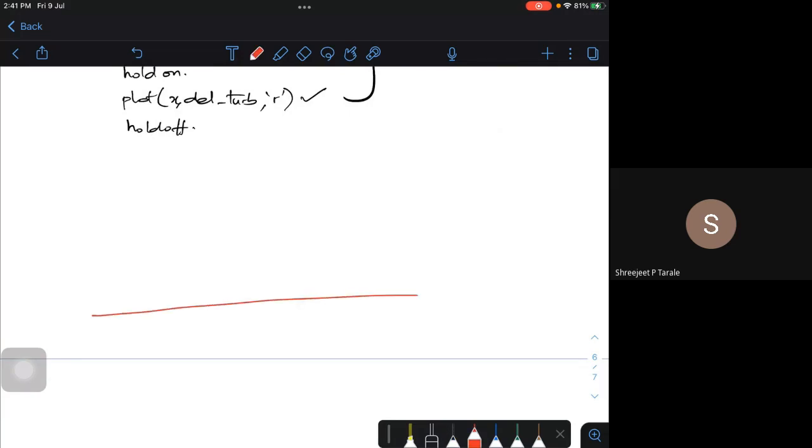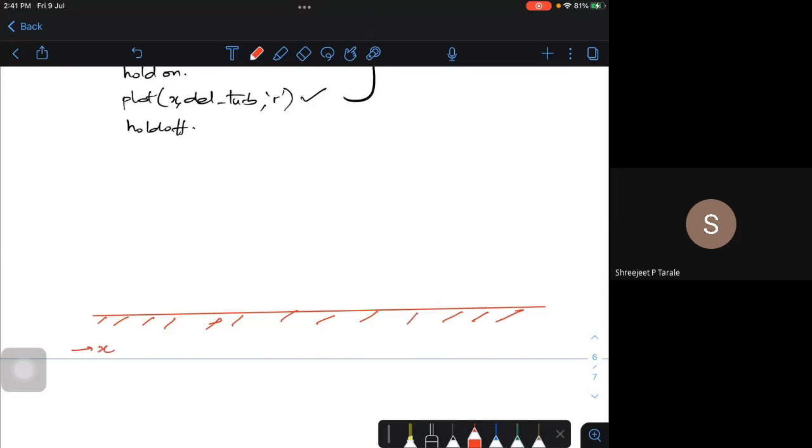So this is your plate. Suppose this is your flat plate. This is your x direction, this is your y direction. The boundary layer growth I am trying to plot in the x direction. Now I need to plot the profile. If you want to plot the profiles, the laminar profile may be something like this. Your turbulent profile may be something like this, which is more flat, for the same condition.